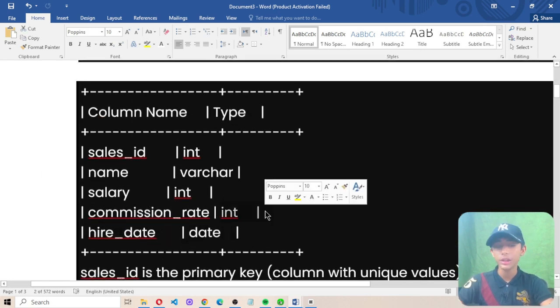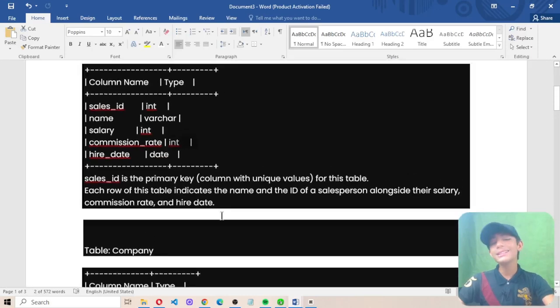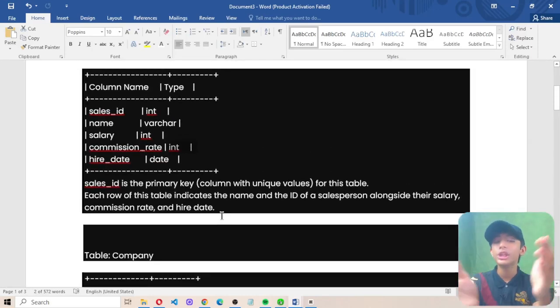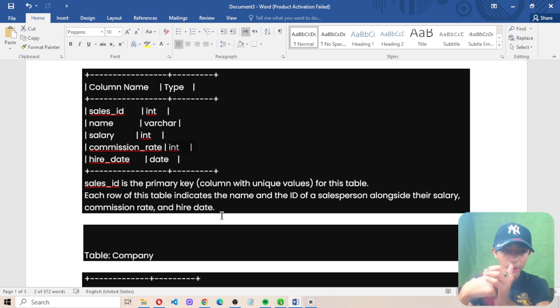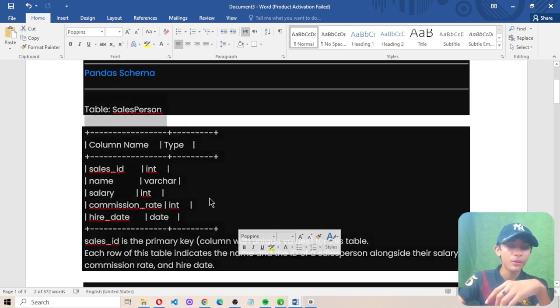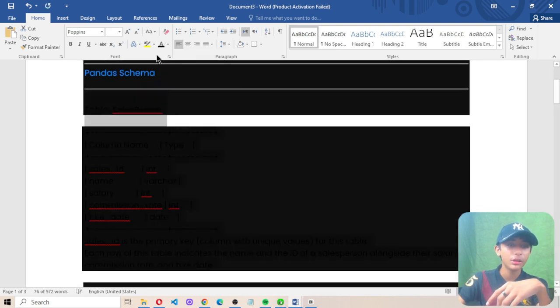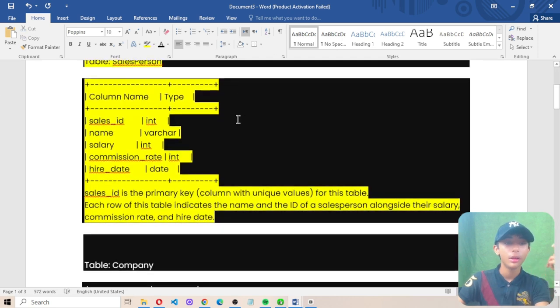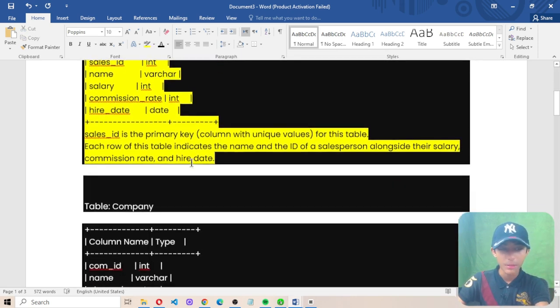Int means integer, you know. Sales ID is our primary key column with unique values for this table. Each row of this table indicates the name and the ID of a salesperson alongside their salary, commission rate, and the hire date. So I have told you what the salesperson table is trying to say to us.